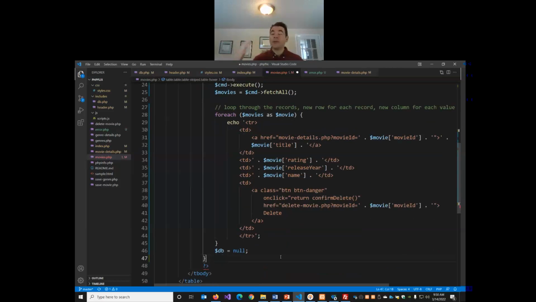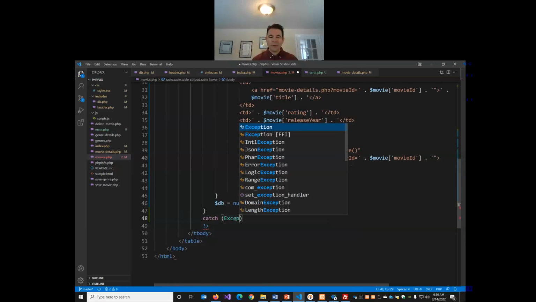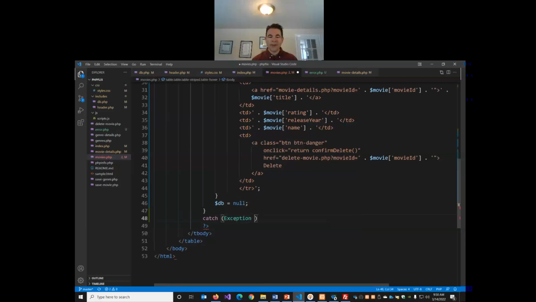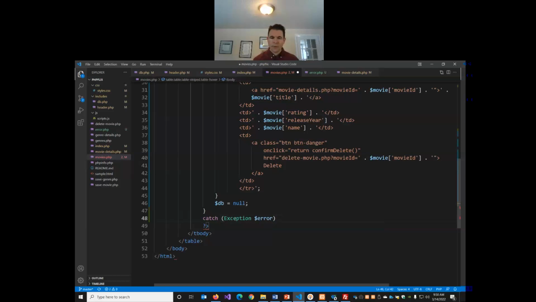And whenever we use try, we also need to use catch. So what happens if there's an error anywhere in this try block? We are going to catch an error, also commonly known as an exception. So if I run the code like this, we won't see an error in the page anymore. But if we get an error,